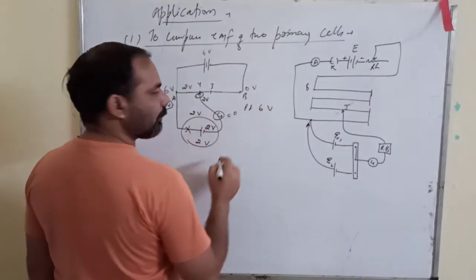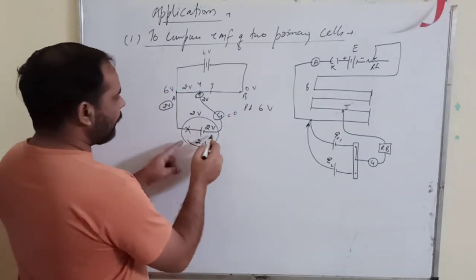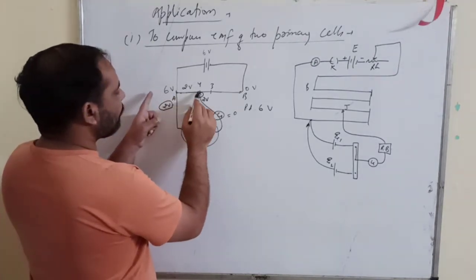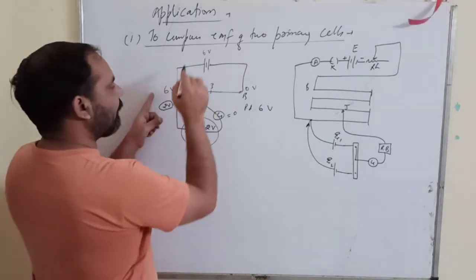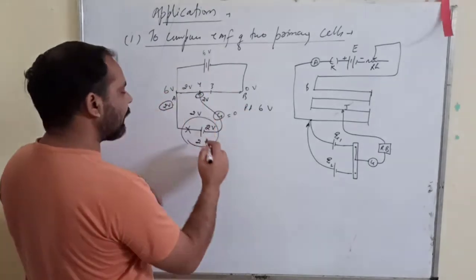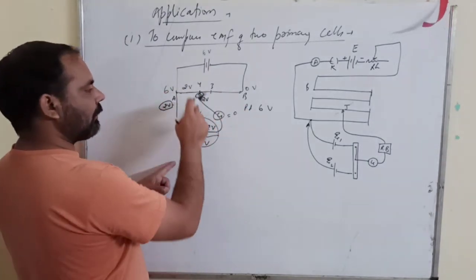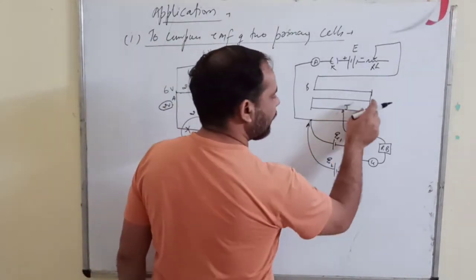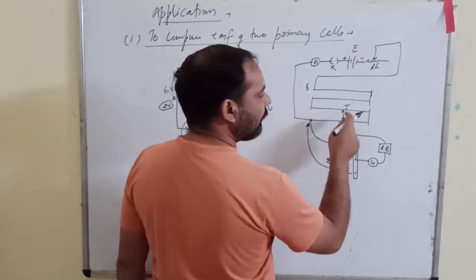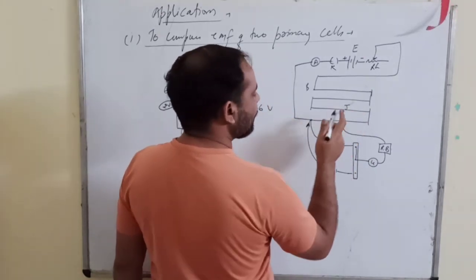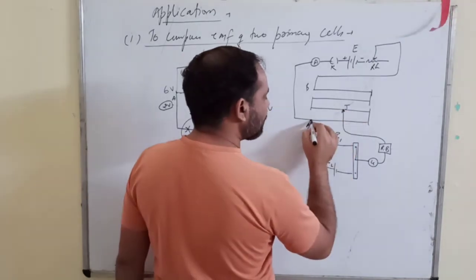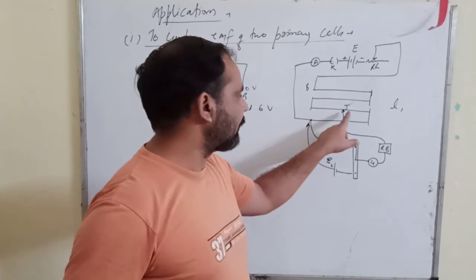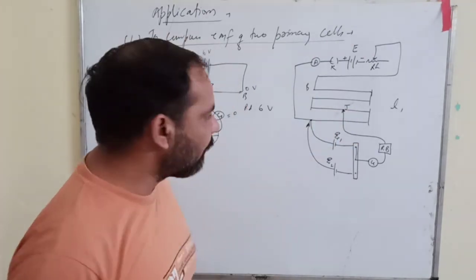It is 0. Okay, so what you have to do is find the potential drop of this battery on this wire, and comparing with that you are finding the EMF of this cell. Since this is the method, suppose you touch the jockey at different points with EMF 1 and you get a balance at this point. Let us suppose that the distance of this point from the 0 end is L1.